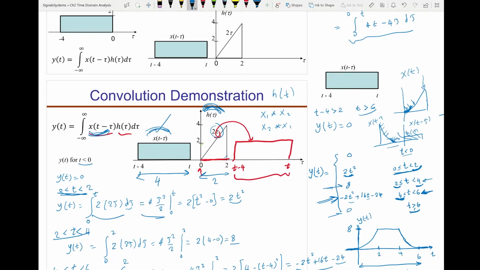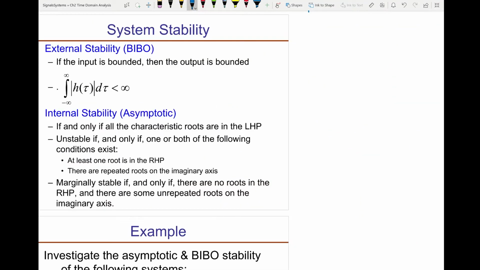All right, let's move on now to the next topic, which is stability. If I have a system and I need to determine its stability, I have two types of stability: external stability or bounded input, bounded output, or internal stability, asymptotic. External stability, when you don't know exactly what's inside the system, you treat it as a block and you just apply an input, you look at the output. As long as the input is bounded and you get bounded output, then we say externally stable or bounded input,